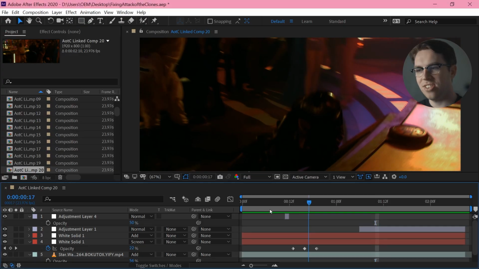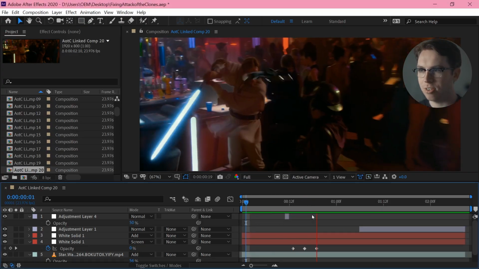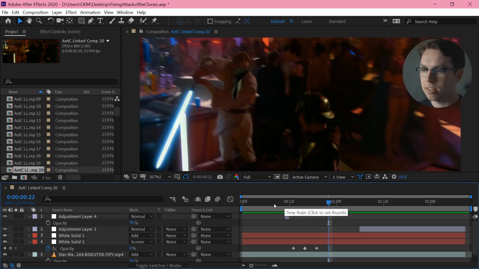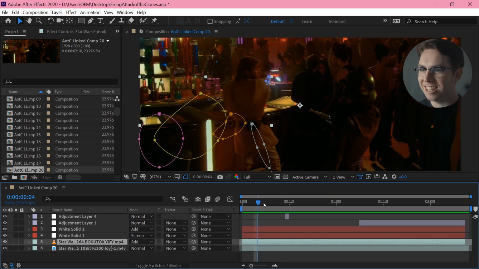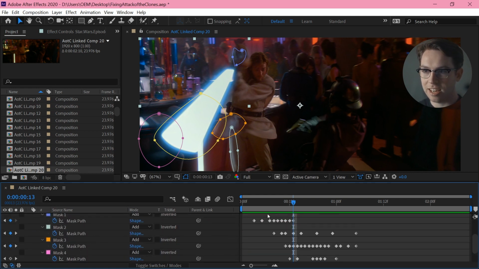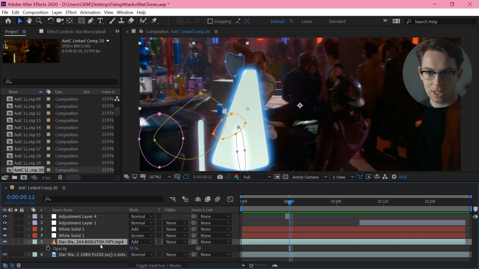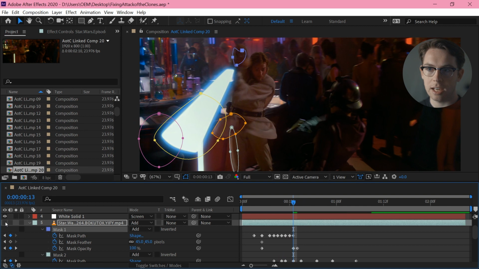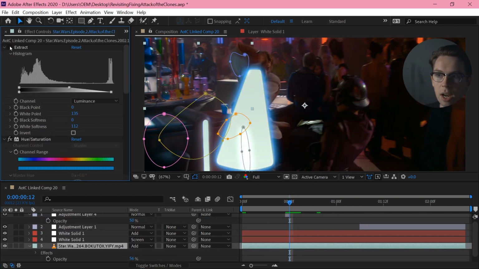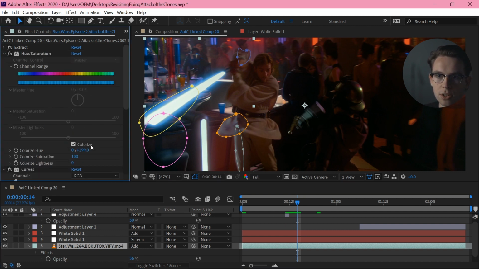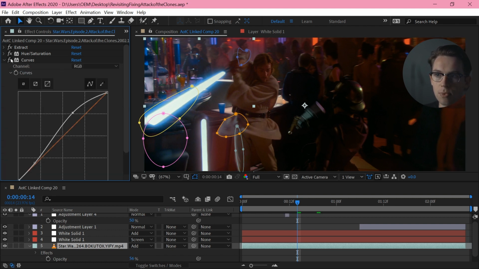Shot 20. This is another one from when I first edited Attack of the Clones back in the day. But there's some fun stuff in here actually. So the first thing is this layer that's set to add, that I'm just doing all of these masks, moving them around, turning the opacity on, all of that, and it's just adding that glow. A couple of effects on here, an extraction, so I'm not overexposing the brightest areas, and then a hue saturation, which is set to colorize everything blue, and then a curves adjustment just to brighten it up.